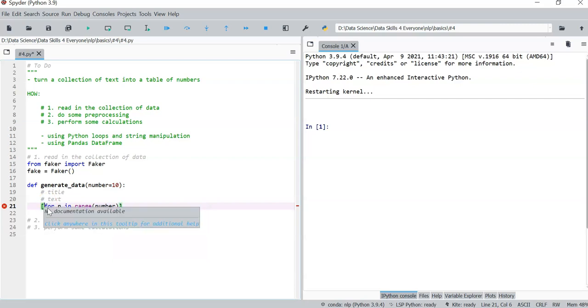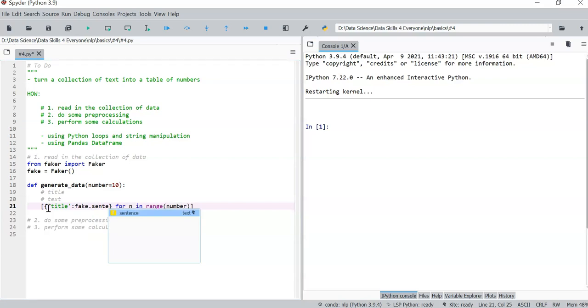Each time that we loop through it, I'm just going to generate a dictionary. The title will be a fake sentence. We'll use that for the title, and then for the text we would also use a fake text